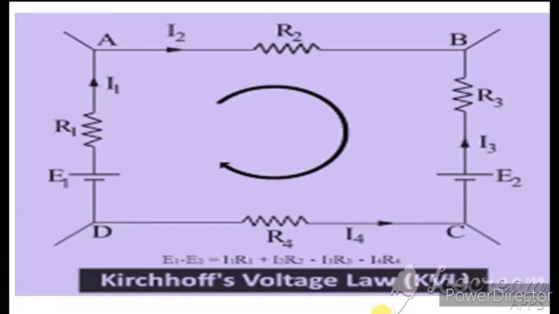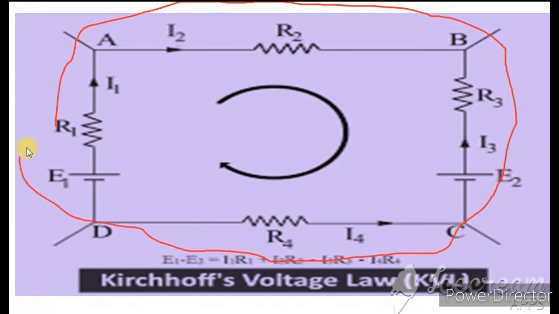In this we have different currents and different resistances. So let us write the equation starting from this point and going through as a closed circuit. Like this. Okay. So starting from the first point, what is the current? The current is I1 and the resistance is R1. Then it is going here, so here the current is I2 and R2. So plus I2 into the resistance R2.